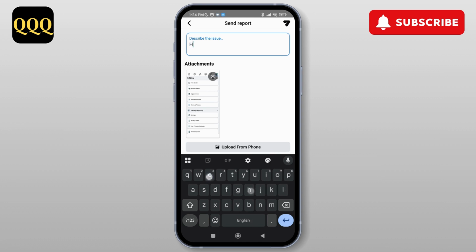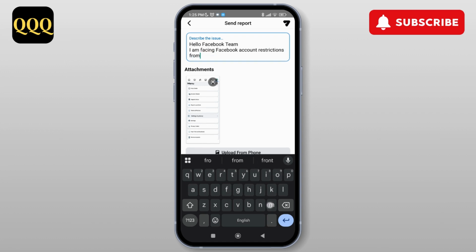So you can just say hello Facebook team and write I am facing Facebook account restriction from advertising,